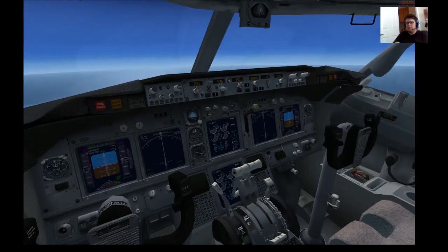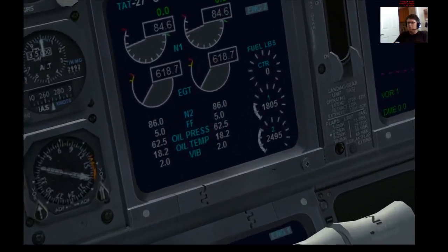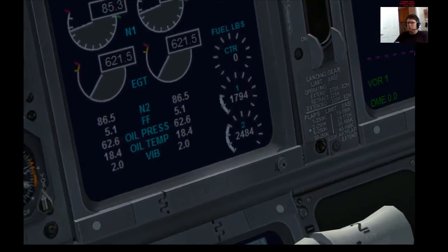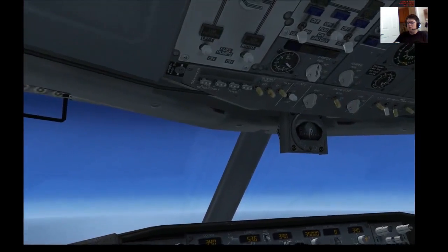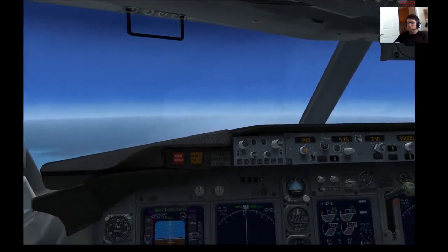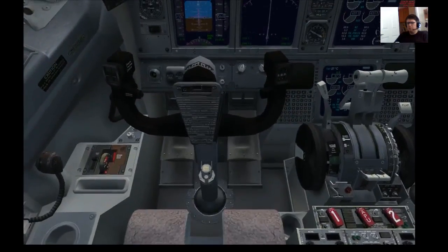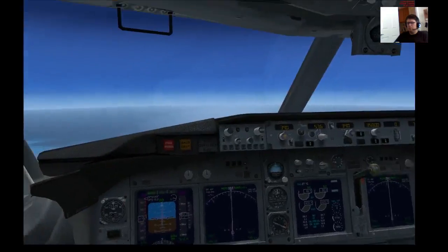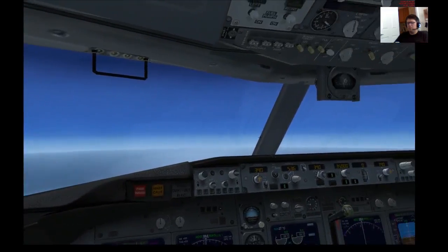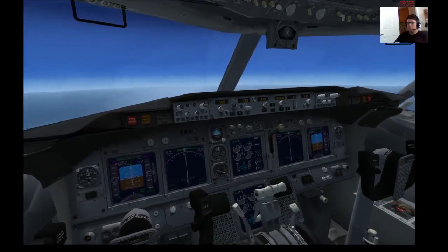Hey, wait a minute. Looks like we have a fuel imbalance. 600 pounds less on the left side at the moment, which is weird since the fuel flows have been equal since takeoff. World Travel 1392, contact Male Center now on 119.7. World Travel 1392, switching, thanks. Male Center, World Travel 1392 with you level at 350. World Travel 1392, roger. It's possible that it's a fuel quantity gauge malfunction and not a real imbalance, but given the rate at which...